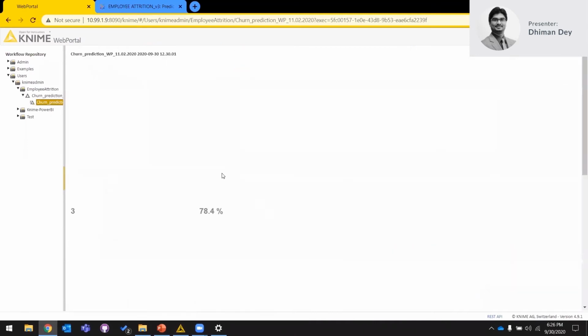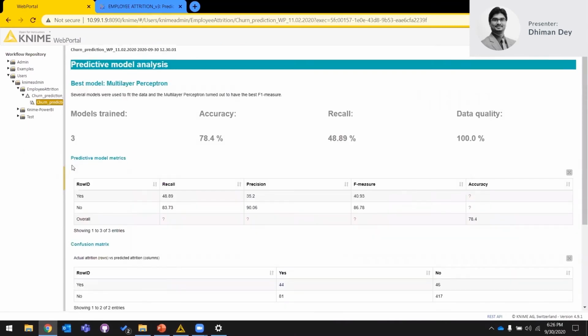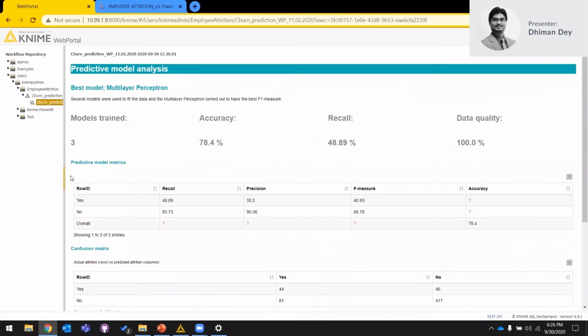So we go next, and what we have here is a quick summary of all the different models that we have run. Also, a brief understanding of the data set that we had: there is a high imbalance, because almost less than 8 or 9% of the people are actually planning to leave. So the number of people in your entire organization who are predicted to be leaving is very, very small.